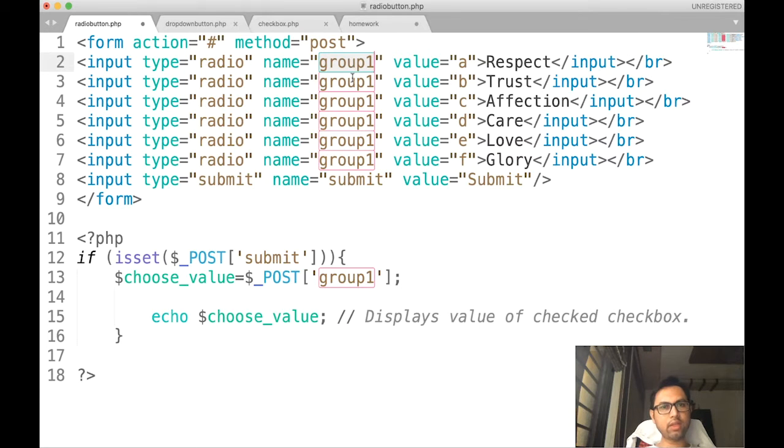Friends, you have to give the same name to the radio buttons which reside in the same category. So I have given the name group 1, and value is the attribute which stores the value for this particular input.